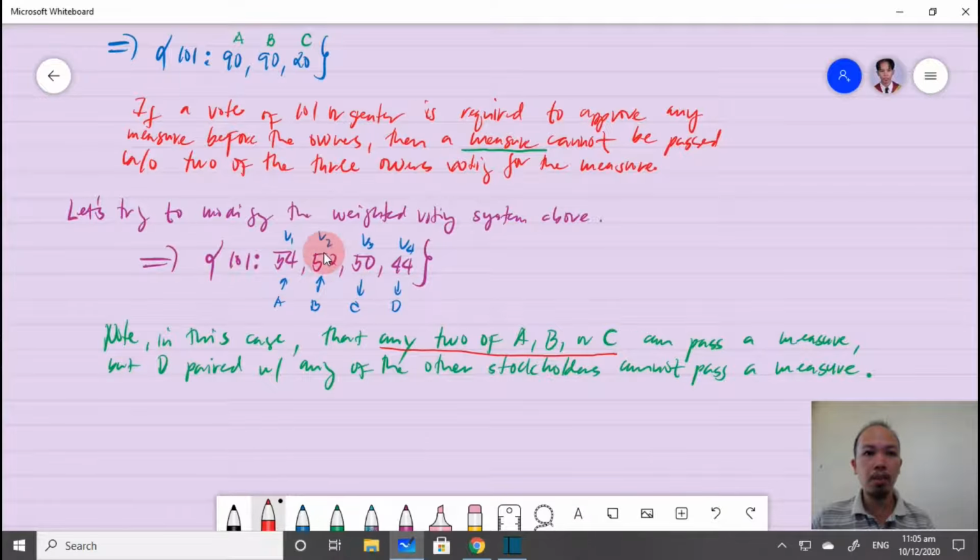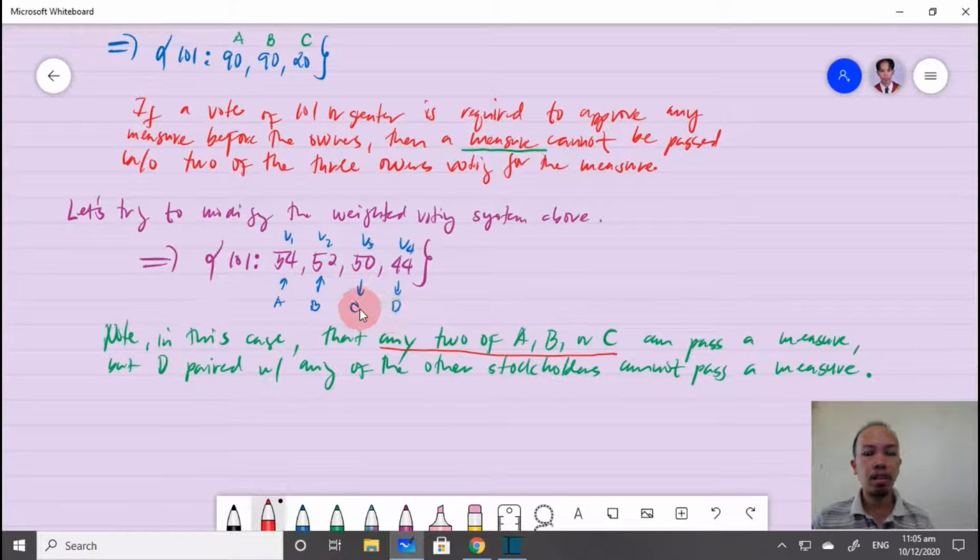So any two of the voters A, B, and C can pass a measure. Meaning to say, the fried chicken will become a new menu. However, in this scenario, if D is paired with any of the previous stockholders A, B, and C, that is A and D, or B and D, or C and D,